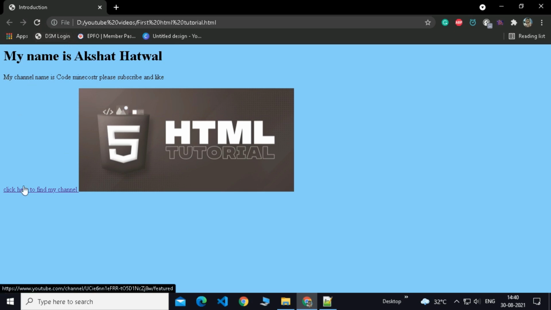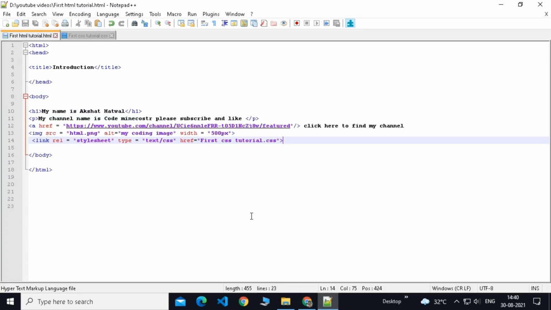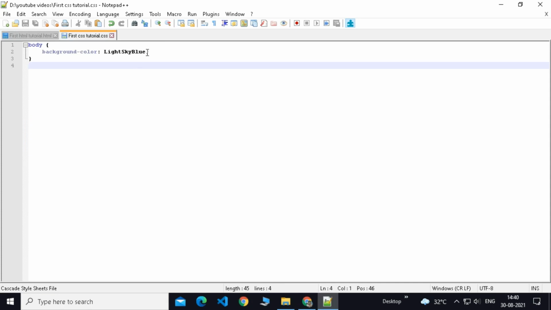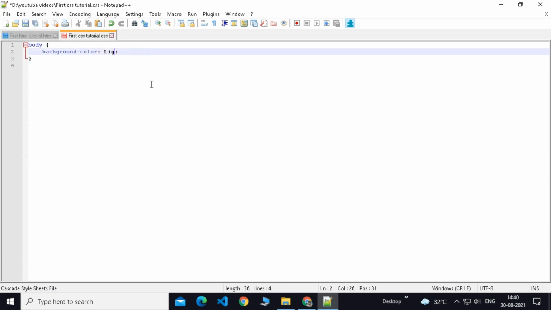Now what if you don't like this color and you don't want your website to look like this? There is a solution to that also. You can go to the CSS page, delete this, and then type red or whatever your favorite color is. Now whenever you are adding a red color, I recommend you turn off your brightness, or turn it really low, or keep your mobile or device far away from you.